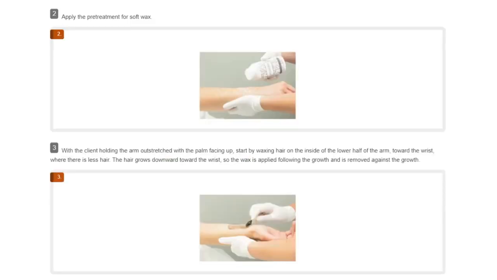Apply the pre-treatment for soft wax. 3. With the client holding the arm outstretched with the palm facing up, start by waxing hair on the inside of the lower half of the arm, toward the wrist, where there is less hair. The hair grows downward toward the wrist, so the wax is applied following the growth and is removed against the